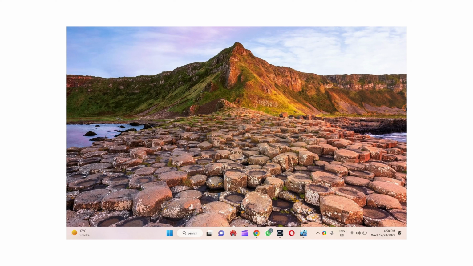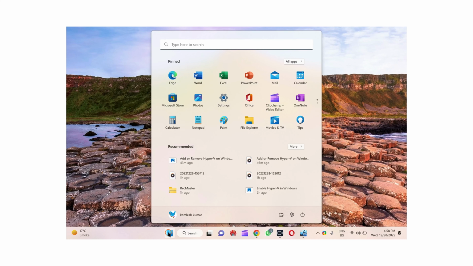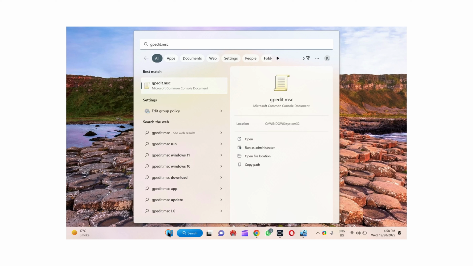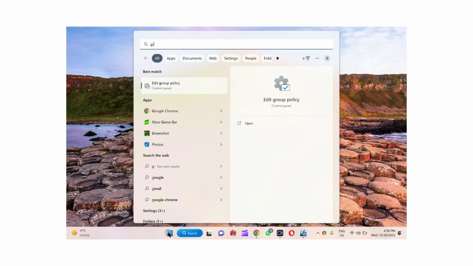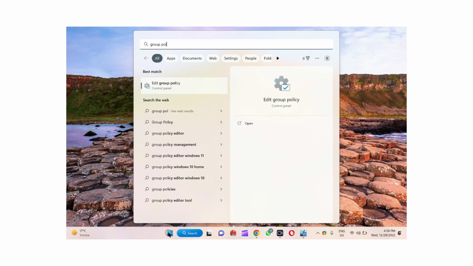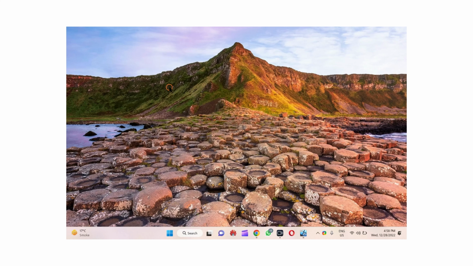To enable or disable clipboard history on Windows 11 or 10, first click on the Start button, then type gpedit.msc, or you can also type group policy. In the search results, click on Edit Group Policy.